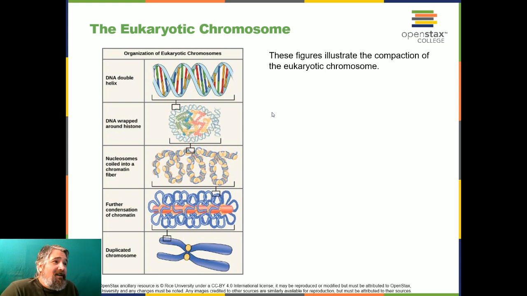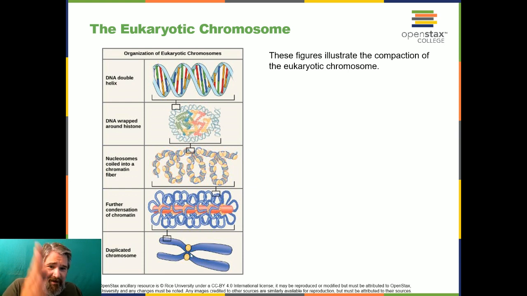Eukaryotic chromosome. Okay, so the first level of organization is none. It's just our basic double helix. We take that helix and we wrap it around a histone protein complex. And then these histone wrapped segments get condensed into chromatin fiber, which is like 30 nanometers in width. And then those wrapped up coils get further wrapped up, and the chromatin gets condensed. And of course, this is only during